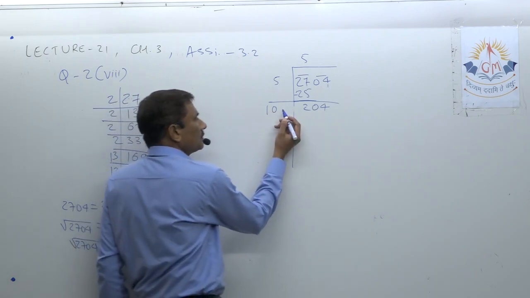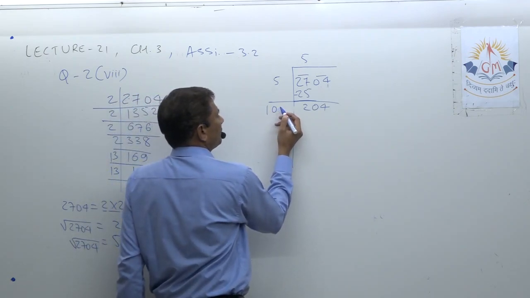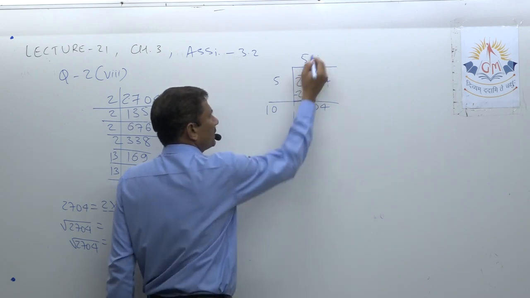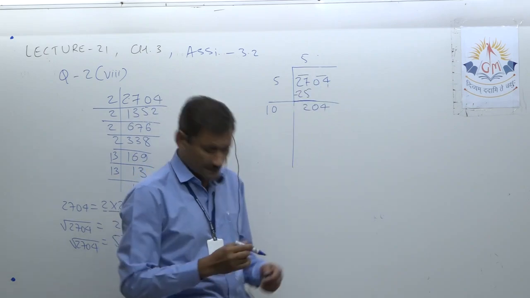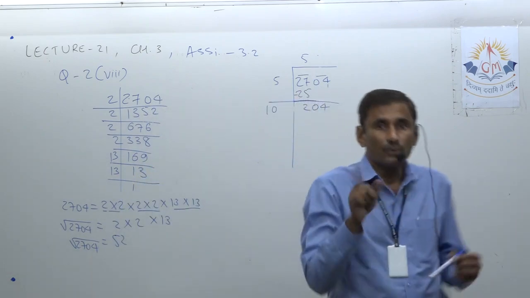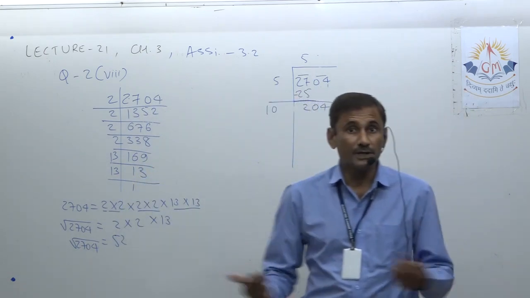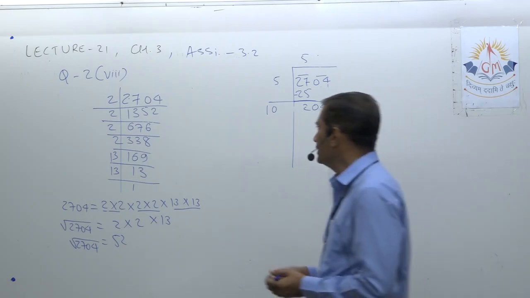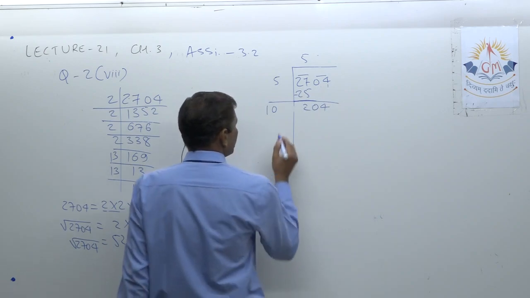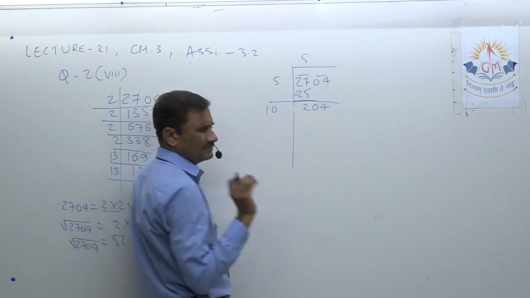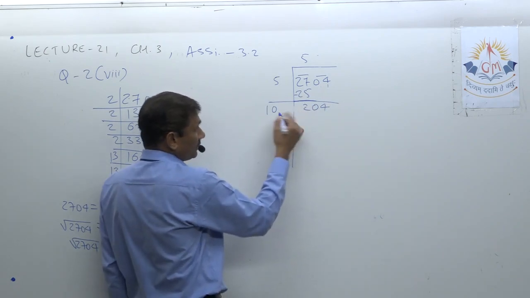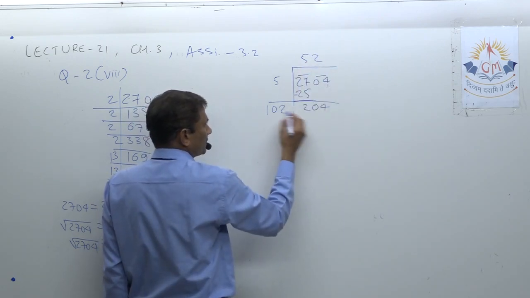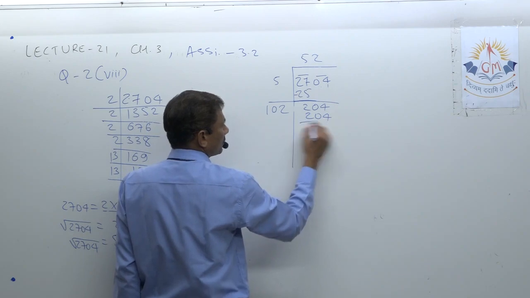Now just look, if you place 1 here, then 1 should be there; if 2 then 2; 3 then 3. So it will be 1 0 1 into 1, 1 0 2 into 2, 1 0 3 into 3, 1 0 4 into 4, like that. So I try 1 0 1 into 1, 1 0 1 only; 1 0 2 into 2 will be 2 0 4. So I am putting 2 here also, 1 0 2 0 4 gone.